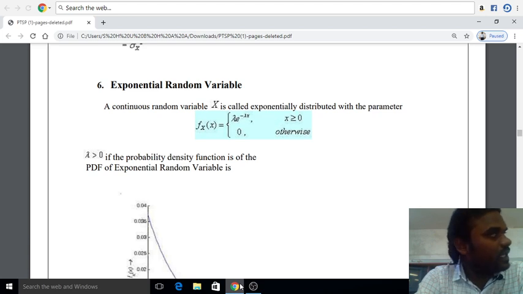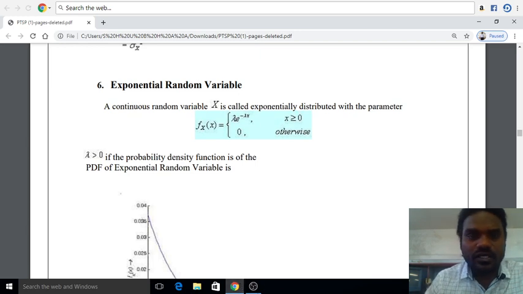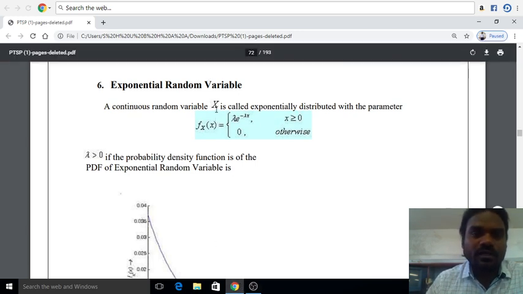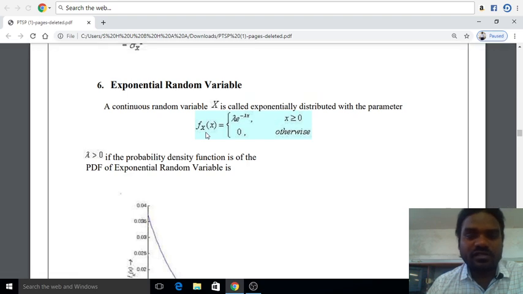Here I am taking the continuous random variable as capital X. A continuous random variable X is called exponentially distributed with parameter lambda if its probability density function f_X(x)